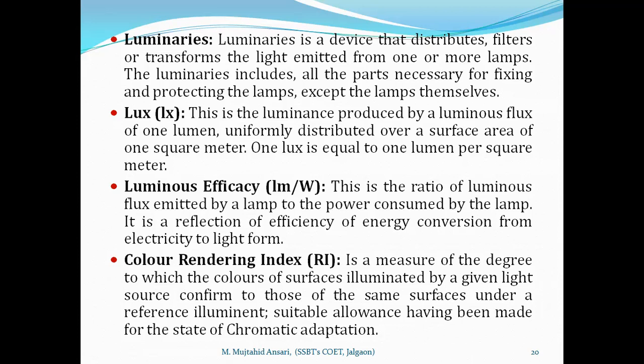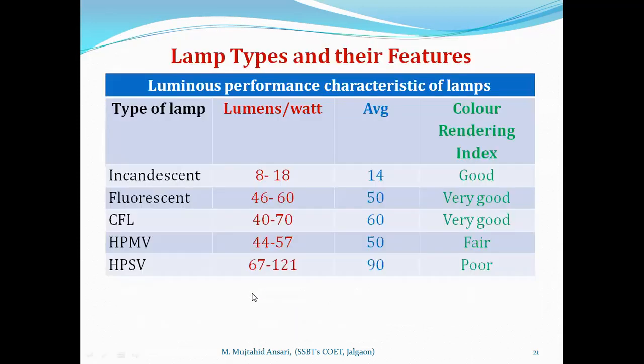So we have to select such a type of lamp which will give a similar appearance to the natural daylight. Whereas where color is not important, like a railway station, shunting yard, godowns, open spaces, we can use the sodium vapor lamp or the mercury vapor lamp, like a street light. But where color is important, we have to use lamps which are similar to natural daylight. Okay, so we will see this next time. We will stop because there is a problem somewhere in the system.